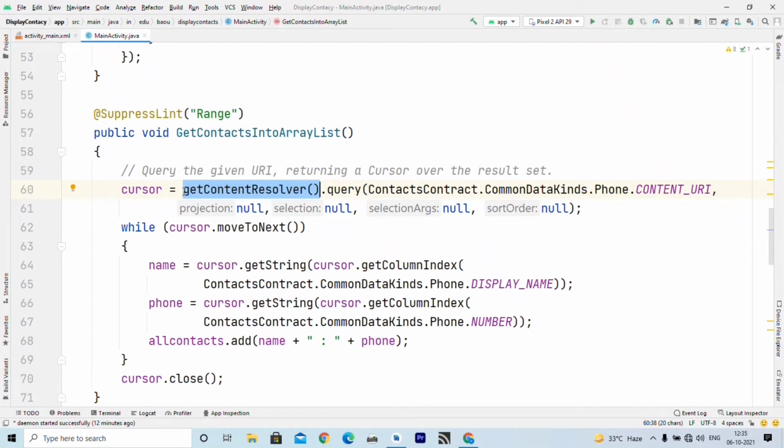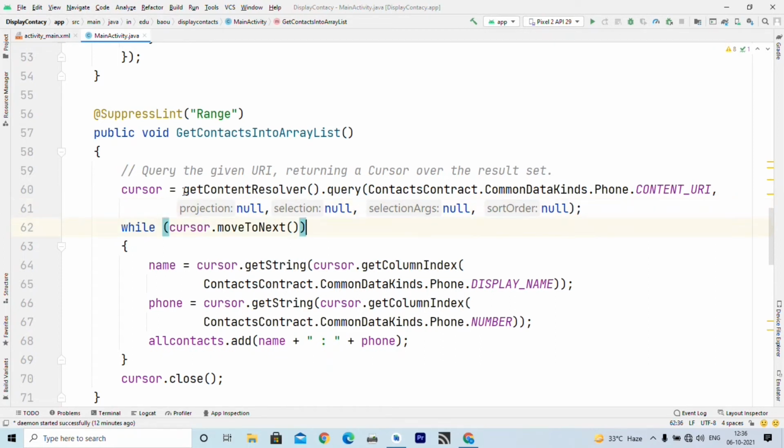So here I have to write down get content resolver dot query method. Now from where we want to retrieve data? We want to retrieve data from this content provider. So we write down contacts contract dot common data kinds dot phone dot content URI, which actually specifies location of our contacts. Then projection, selection argument and sort order is set to null. So all data from contact table is retrieved.